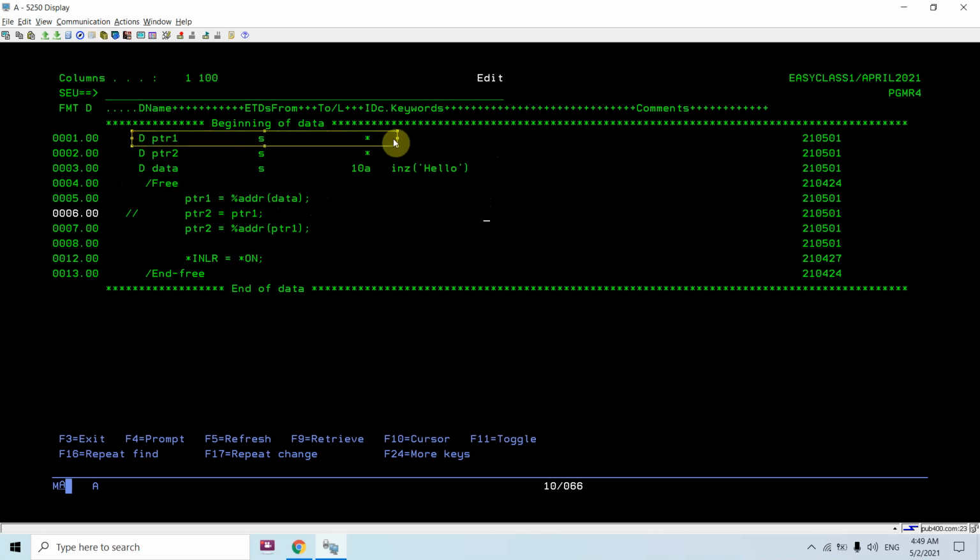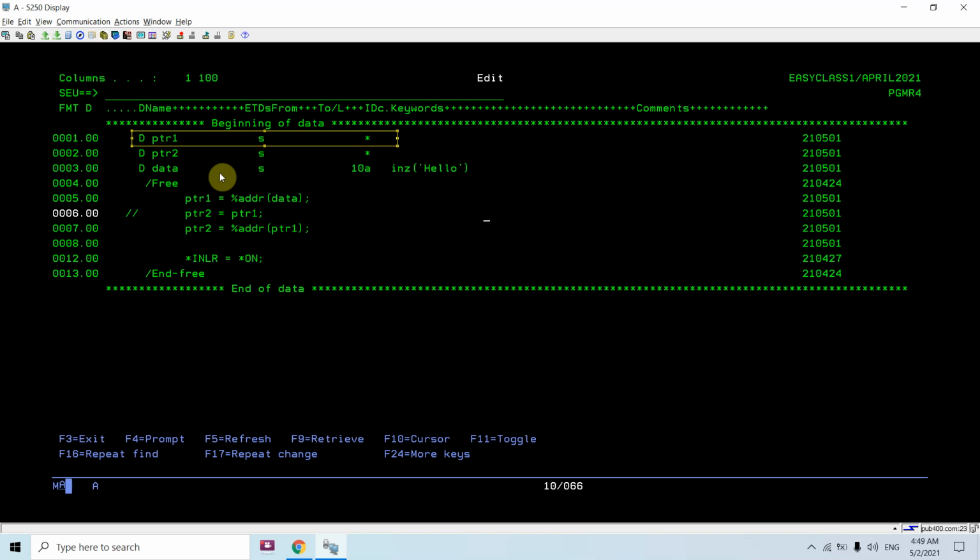since this is a pointer variable, it would also take some memory in the storage, which is 16 bytes. Since it stores the address, it is storing the address of this data variable at some other memory location which is of 16 bytes.